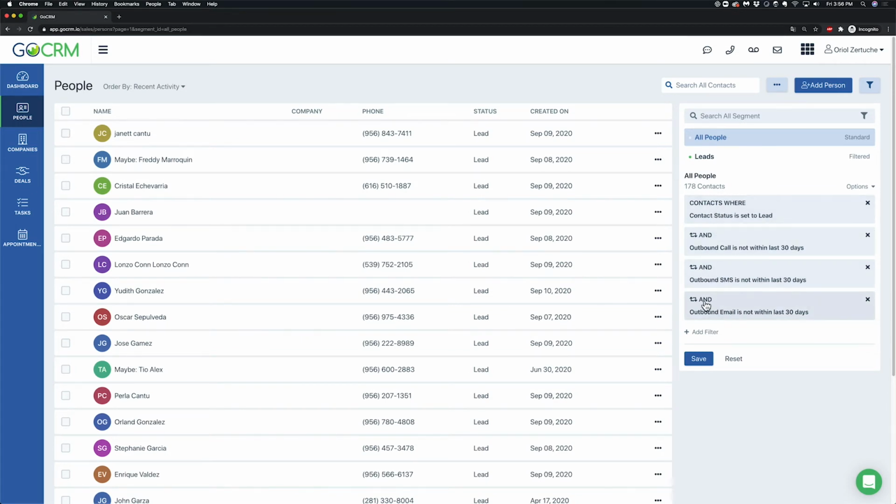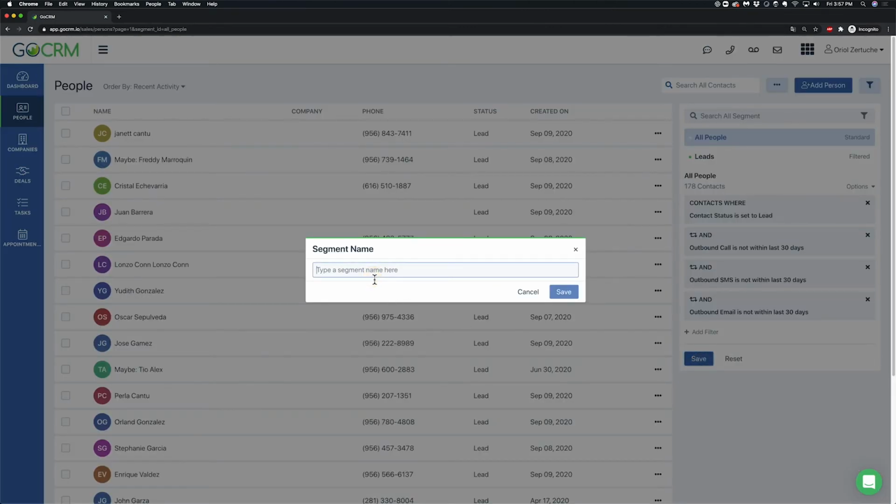Now you can always click here on the and to do and or, but in this case I want and. So to make sure I have not had any communication with them in the last 30 days. So the system will automatically filter these people out. And the great thing about a dynamic segment, it means that the moment I do text them or I do email them or I do call them, or that the contact meets any of these parameters, it will be removed from my list. So let me go ahead and click on save it as